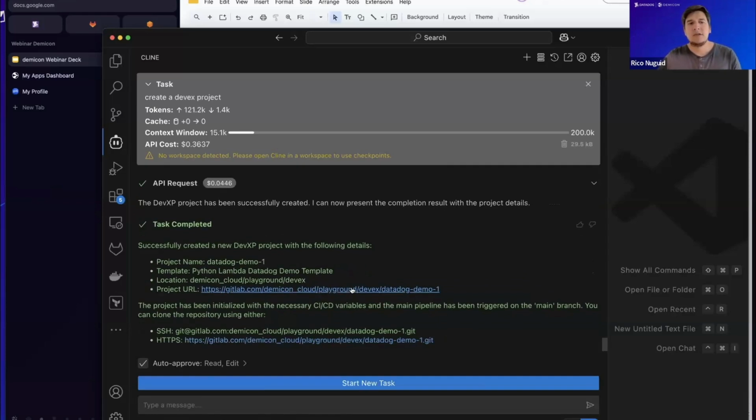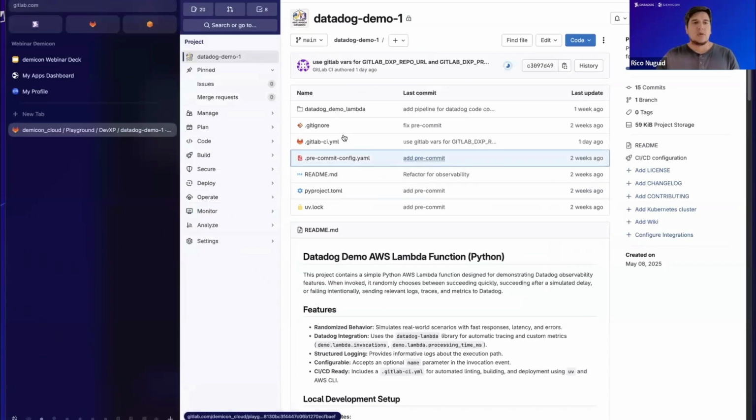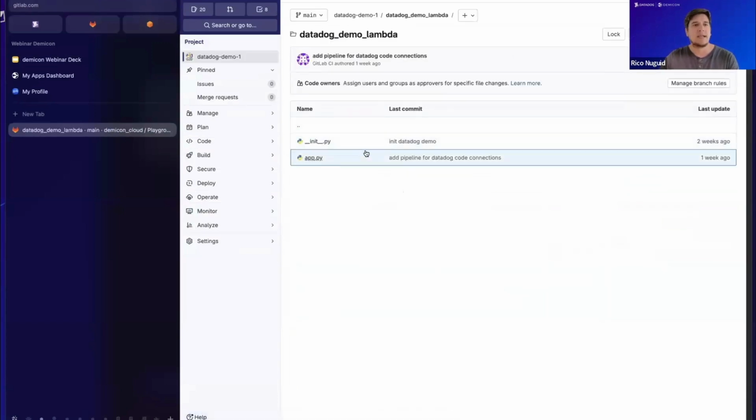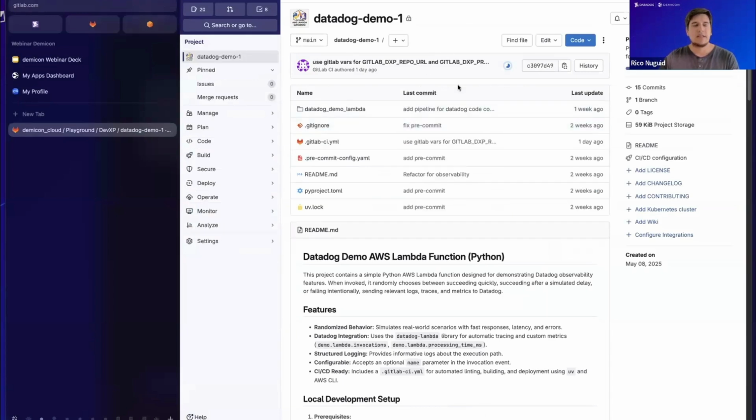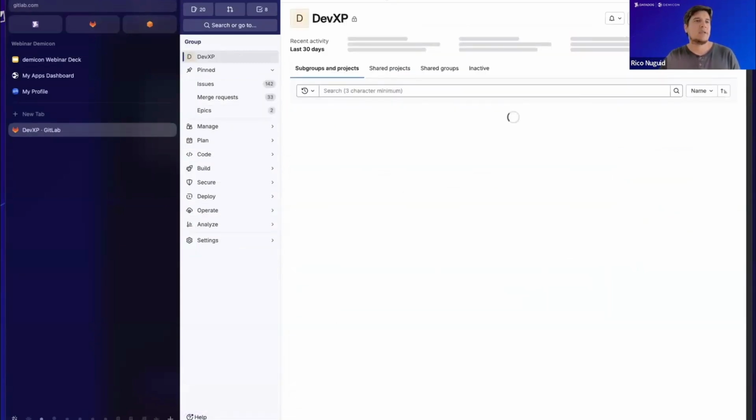So we have now here the URL of the GitLab repository we have created. And what you see is actually that the CI pipeline is pre-configured. There's also a template for the function itself, so the service code. We have some Python code in here, and the pipeline already started and is creating now also in the background the cloud resources and the Datadog configuration. And because it takes around 2 to 5 minutes to create, I will jump into a pre-created demo